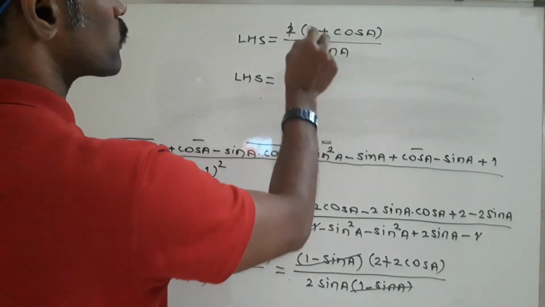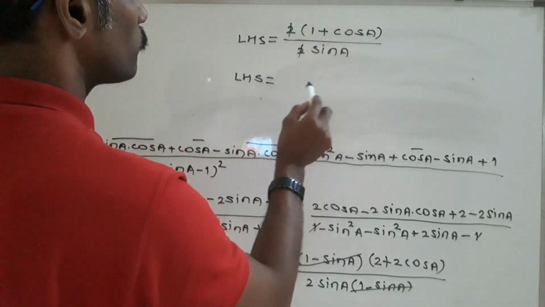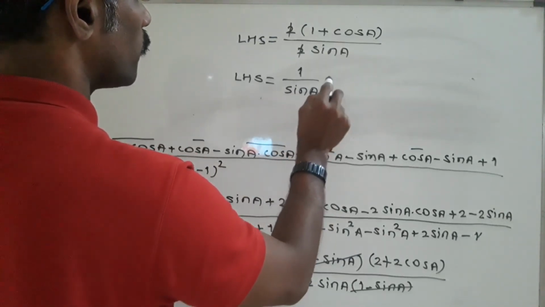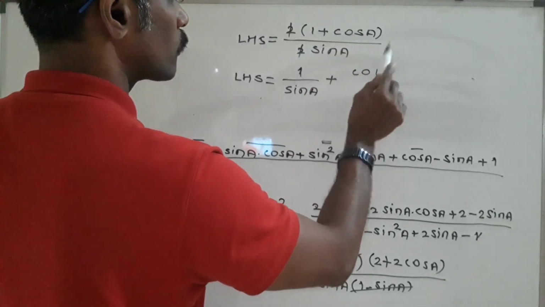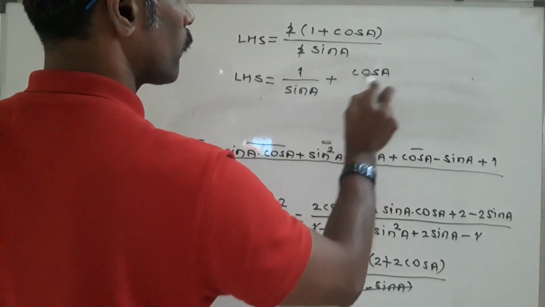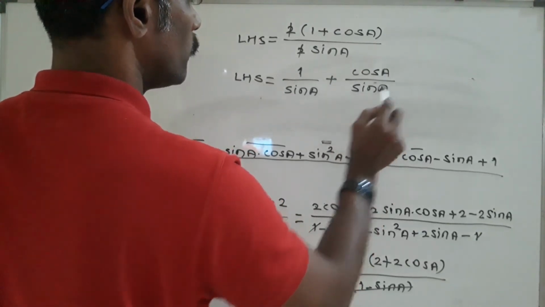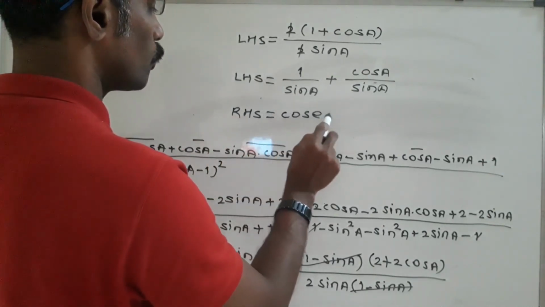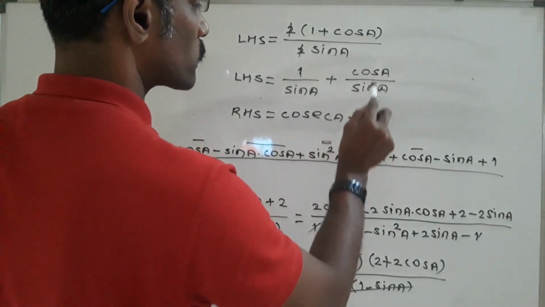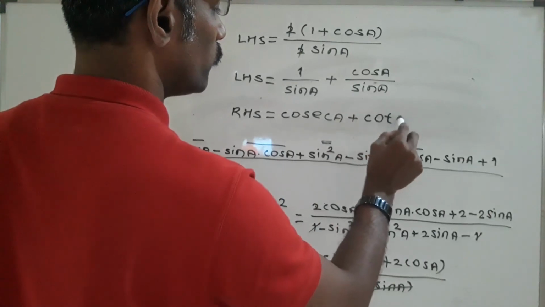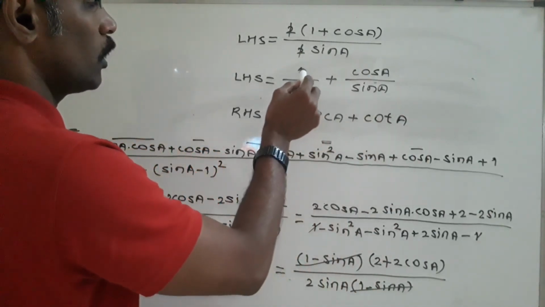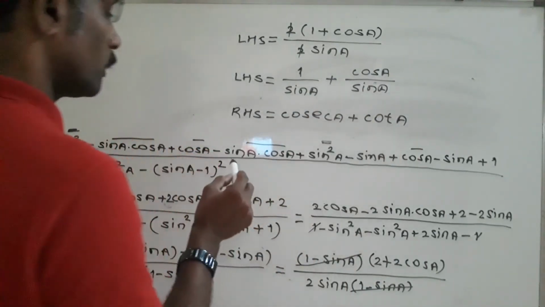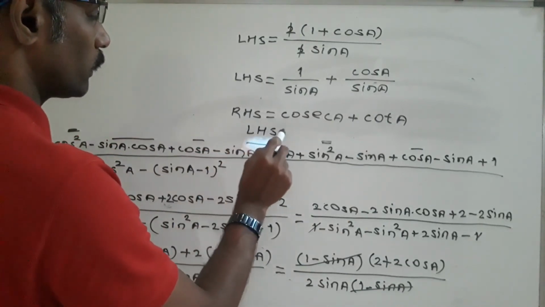LHS is equal to, we give a separate denominator to this one and cos A. Therefore 1 upon sin A plus, separately we write here cos A upon sin A. Now RHS is equal to 1 upon sin A means cosec A plus cos A upon sin A means cot A. These are the formulae of 1 upon sin A means cosec A plus the formula for this cot A. This is our RHS. Therefore finally we write LHS is equal to